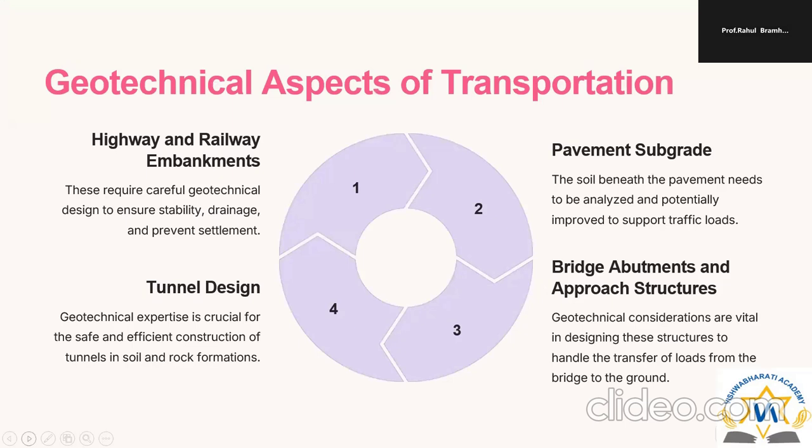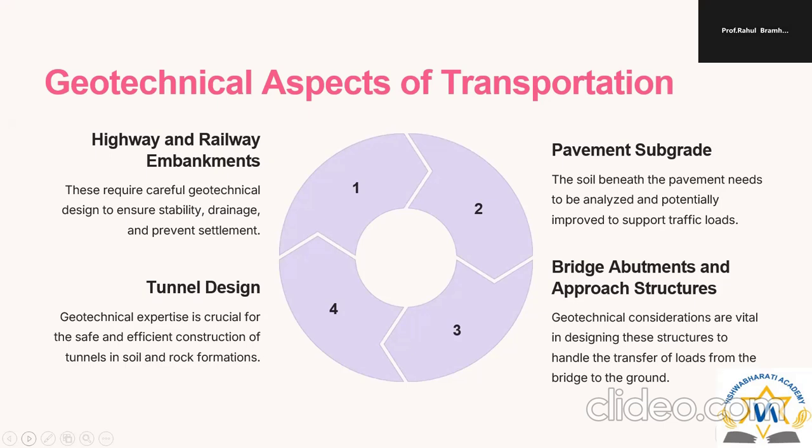The next one is geotechnical aspects of transportation. Geotechnical engineering is also used in the transportation sector of civil engineering. In the transportation sector, there are four main aspects of geotechnical engineering. The first one is highway and railway embankments, which require careful geotechnical engineering to ensure stability, drainage, and